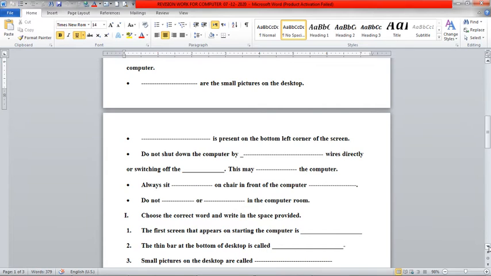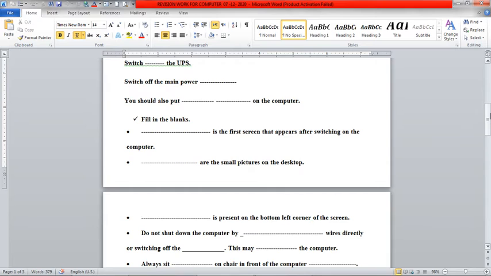Okay, now you come to the fill in the blanks. Switches on and off completed. The first screen that appeared, what? Desktop.